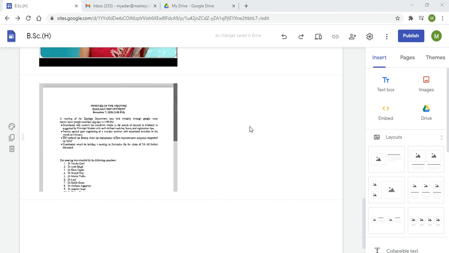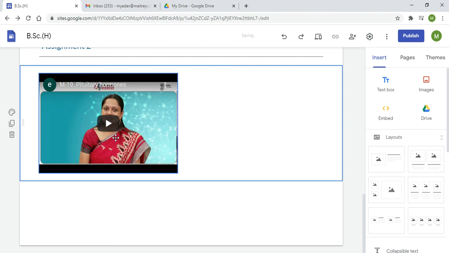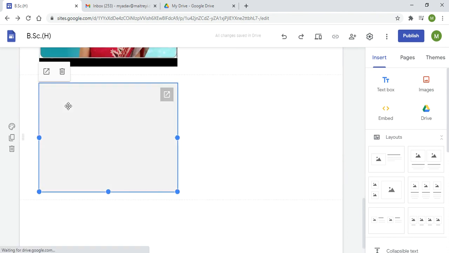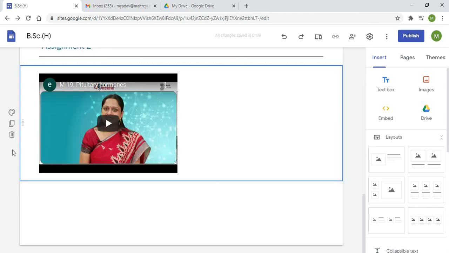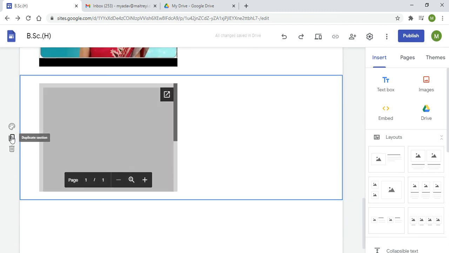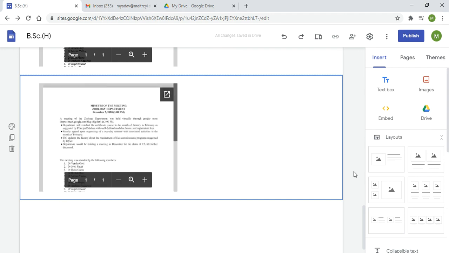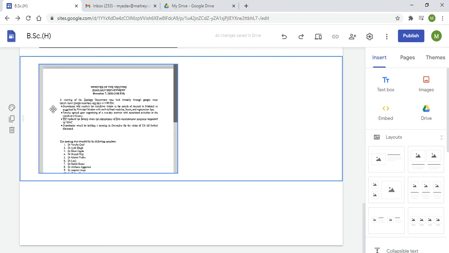If you are not happy with the files that you have added, for example, if I don't want this file to be here, either I can press the delete button from my computer and delete it, or I can select the file and then delete it from here. Okay, so I can make a duplication also. If I click duplicate, it will be the same file, it will be copied twice. So that also you can do.